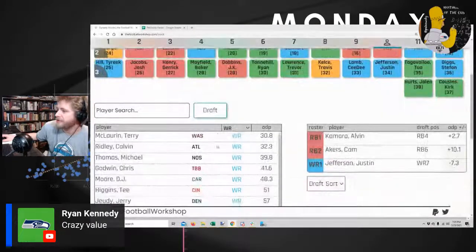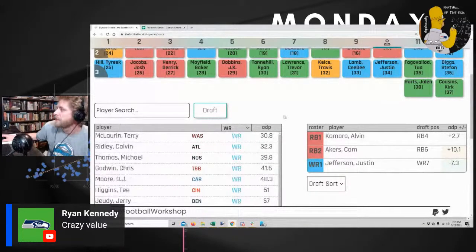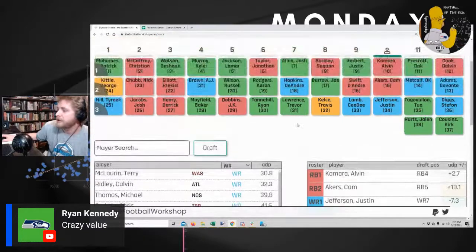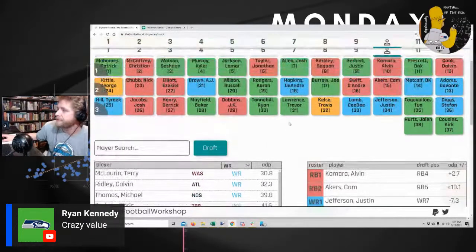Yeah, I get my choice of the same wide receivers I would have taken. I like picking 10th overall, and I can still have Clyde Edwards-Helaire or Miles Sanders. I'm going to roll the dice on running back for a little longer here, just because it's going so well. And take the guy, Terry McLaurin, who I completely missed on and owned me last year. Going to make up for it.